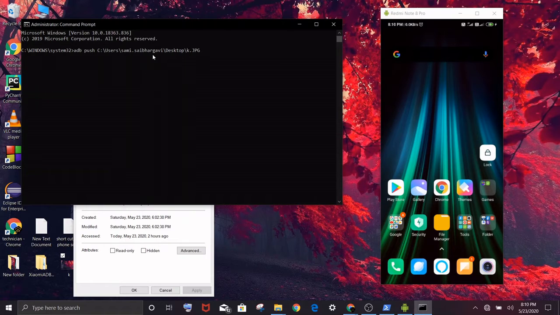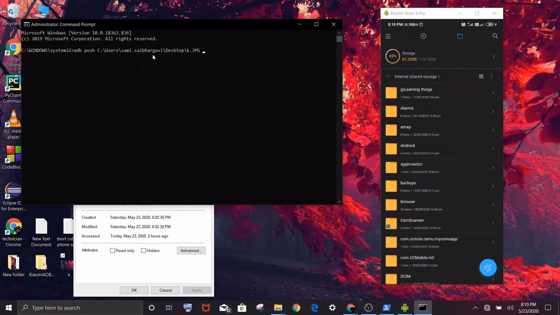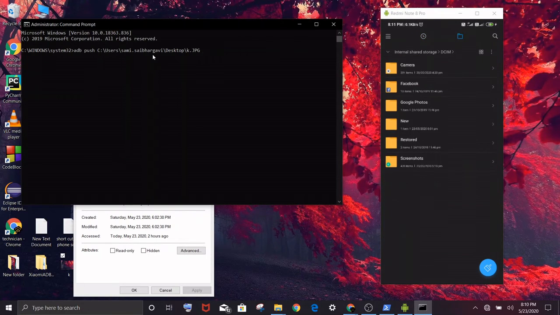Now you need to select a location where you would like to have the file. I would like to have it in my internal DCIM. You can see the internal DCIM. Now you need to give space and backslash SD card. SD card means your internal storage, and backslash DCIM. Now ADB push, you have selected, and hit enter. Now the file is transferred from here. Refresh your log, and you can see that the file is transferred.